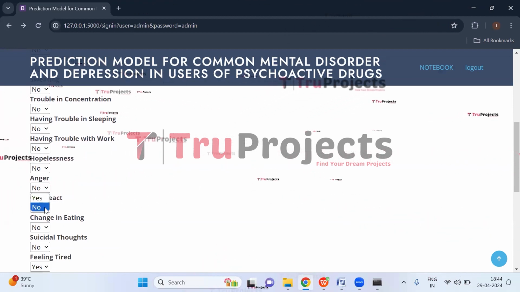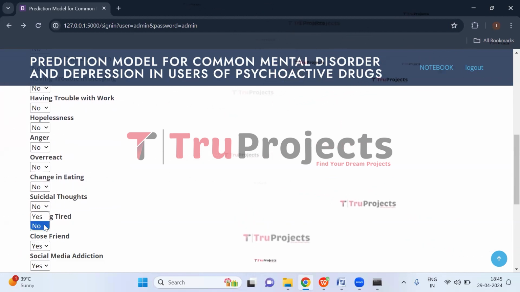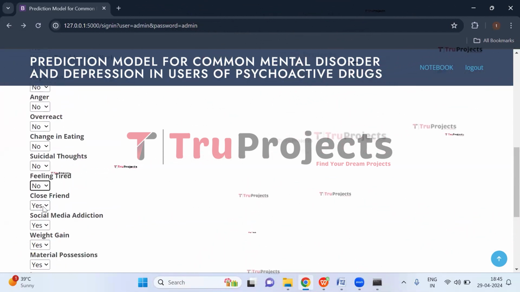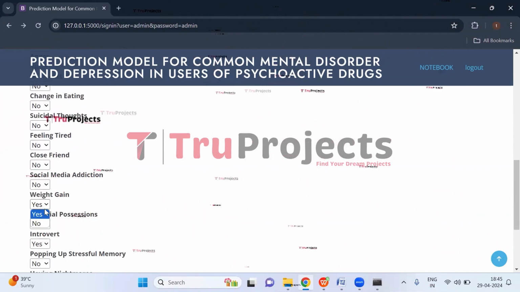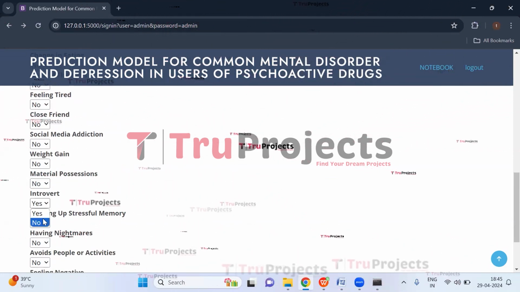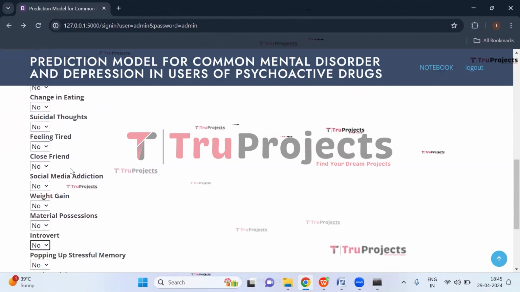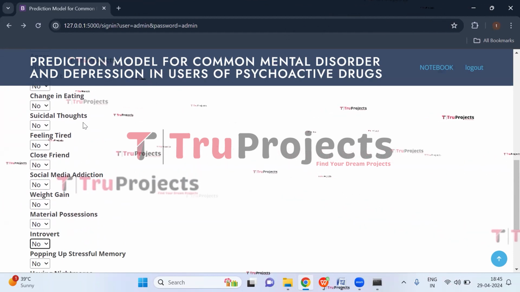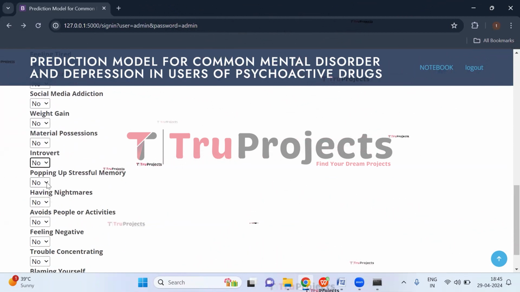Hopelessness, no. Anger, no. Overreact, no. Change in eating, no. Suicidal thoughts, no. Feeling tired, no. Close friend, no. Social media addiction, no. Weight gain is also no. Material possessions is also no. Introvert, no. So here we can see the person is not an introvert and there is no change in eating, and the person is not even having any suicidal thoughts, and is not even addicted to social media, and there is no weight gain also. Popping up